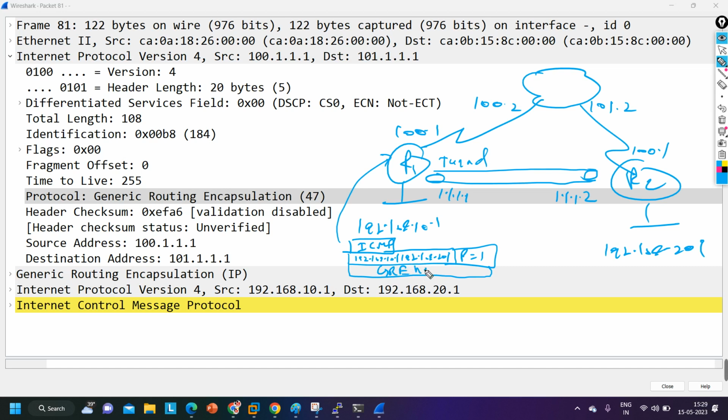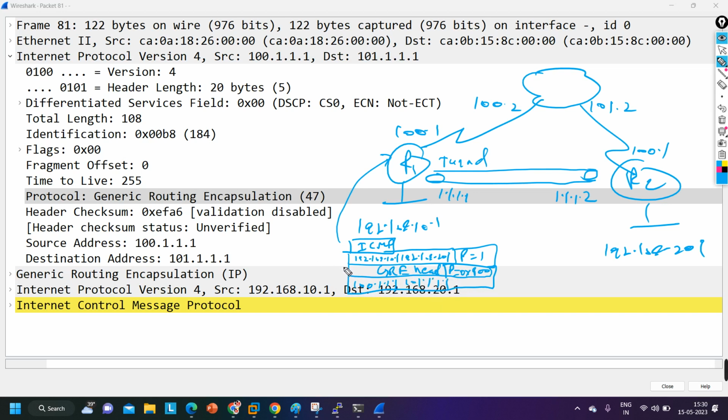In the GRE header there is information about the upper protocol, that after GRE the IP protocol is running, so there will be the type code of IPv4, 0x800. Then it adds one more IP header, where the source IP is the tunnel source IP address, 100.1.1.1, and the destination is